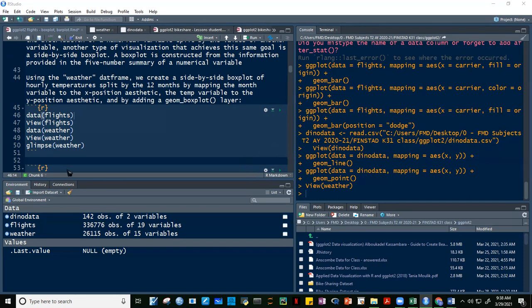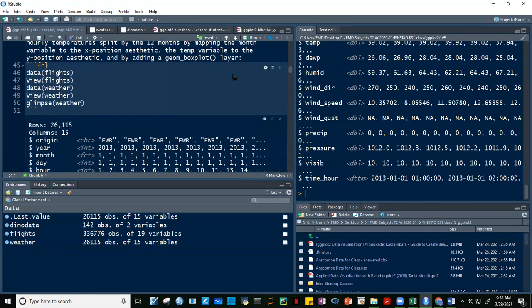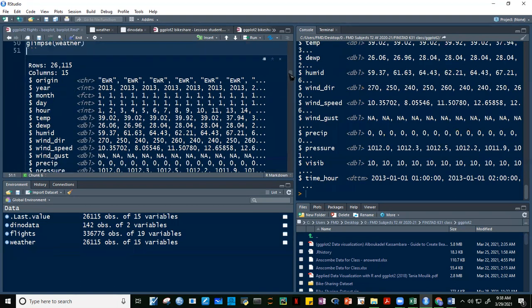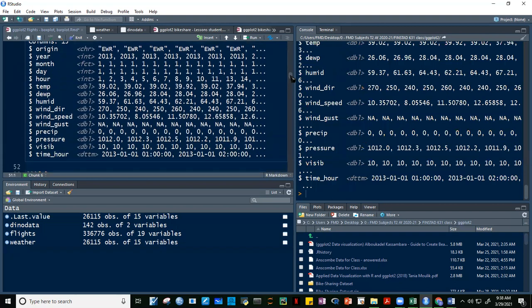All right. So if we want to see the structure of weather, this is its structure. Okay, so we have character variables. We have seen this before. We have numerical variables, in particular the ones with decimals, and integers also. And then we have